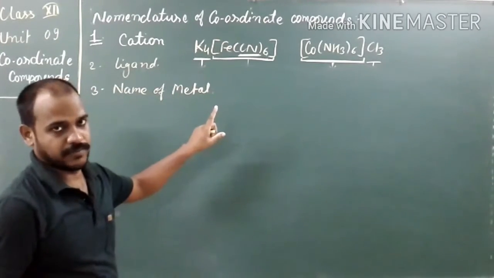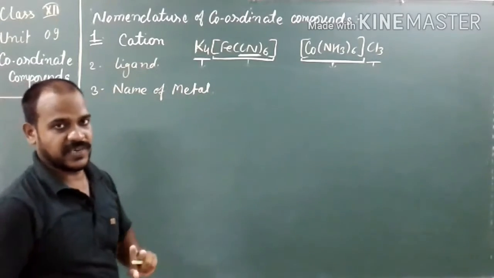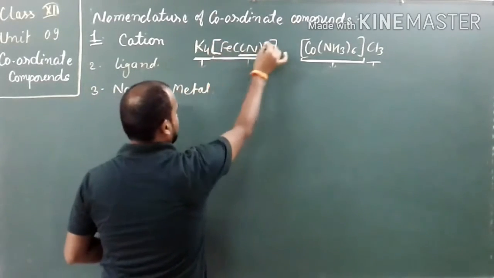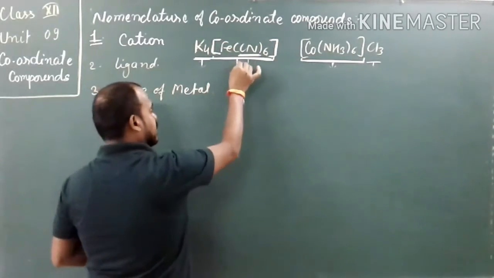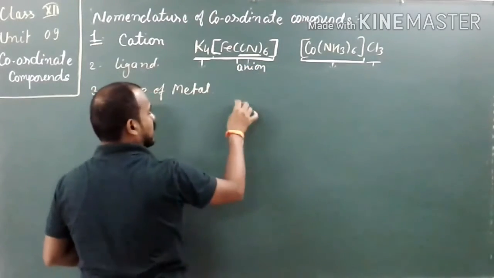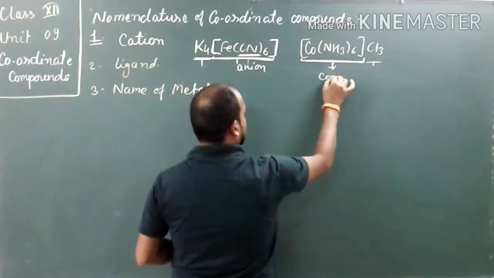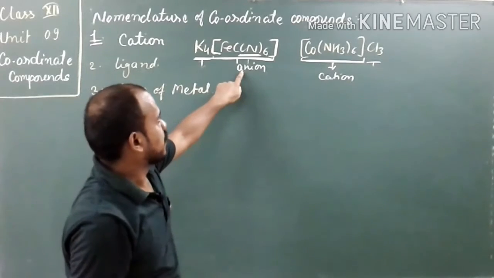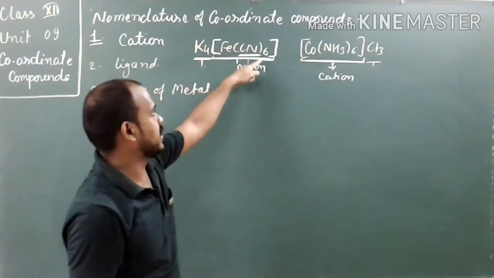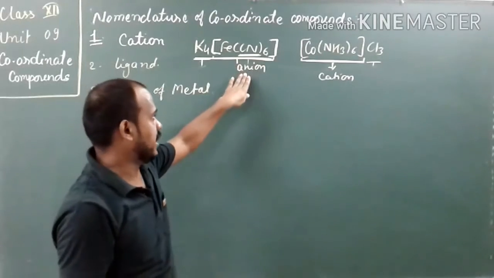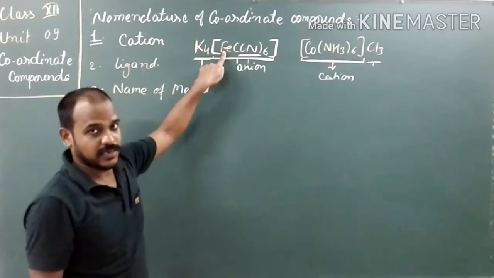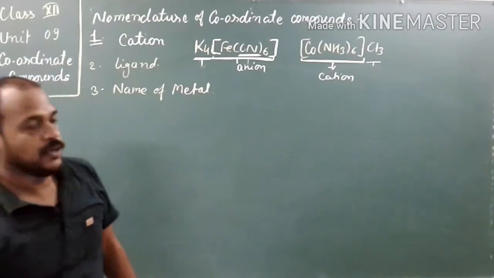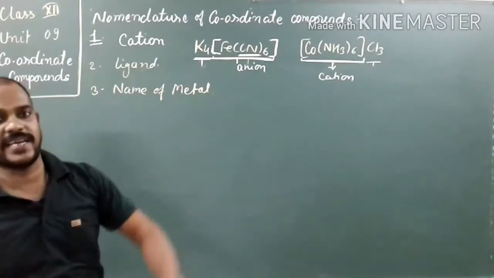In the name of metal, if the coordination entity is a cation, then there will be no change in the metal name. If it is an anion, then we will use the suffix ate. For example, in this case, this is the square bracket, meaning this negatively charged entity is an anion. And in this case, this entity is a cation. So here the conditions are different. In such conditions where the coordination entity is negatively charged, or an anion, then the name of Fe is not iron, that is a common name actually. The name of Fe is ferrum, so the name ferrum will be changed into ferrate.